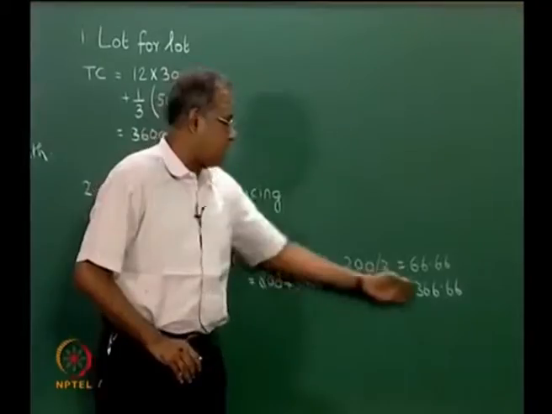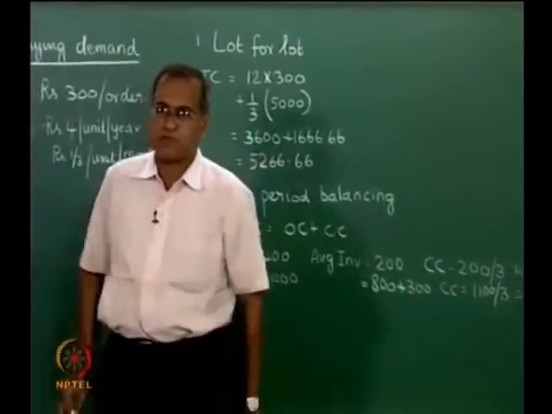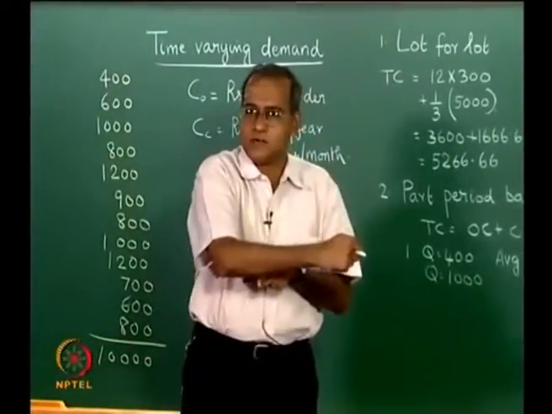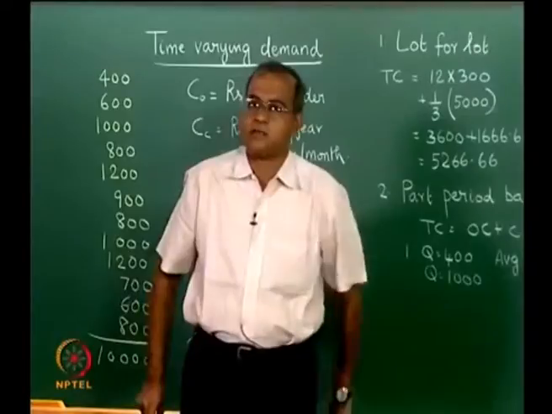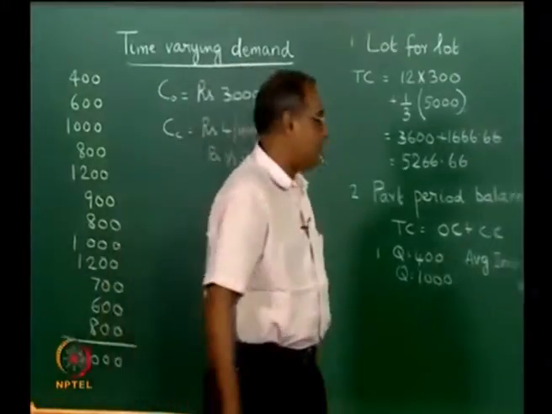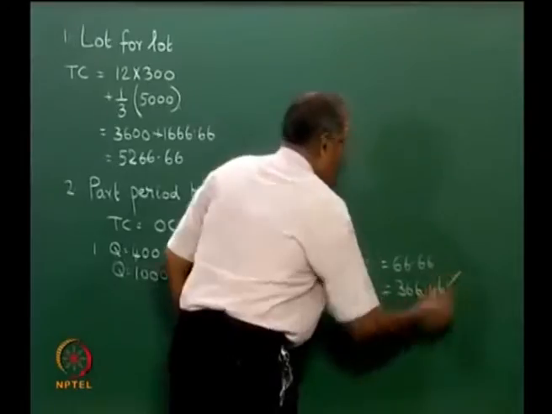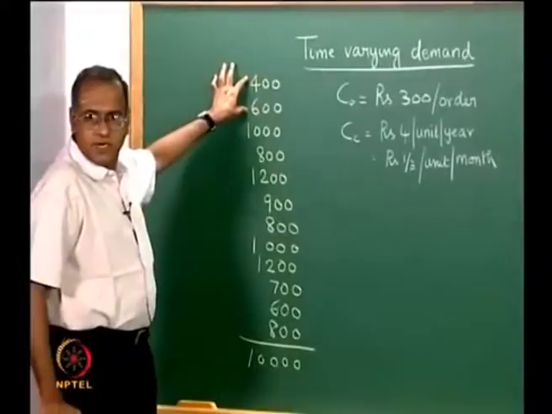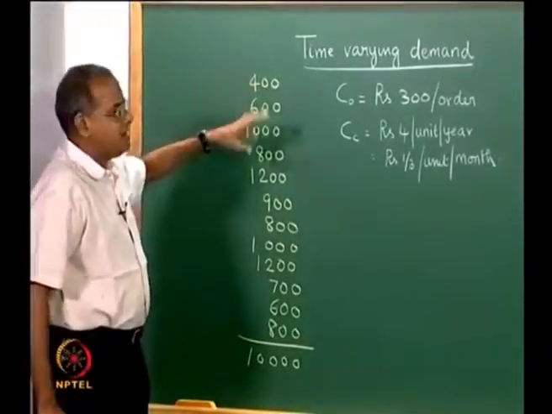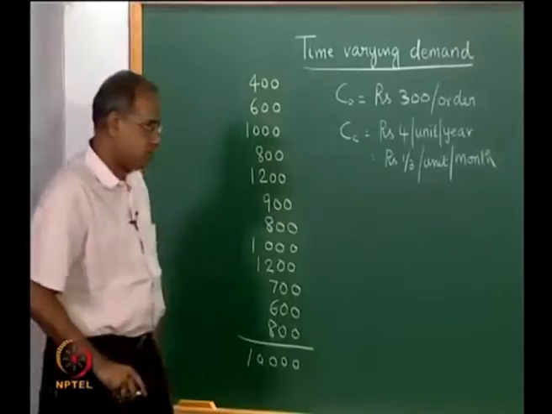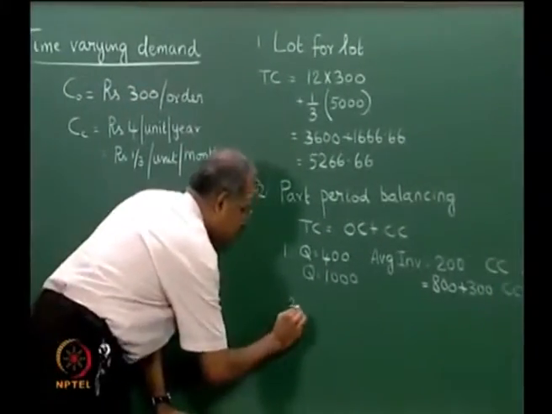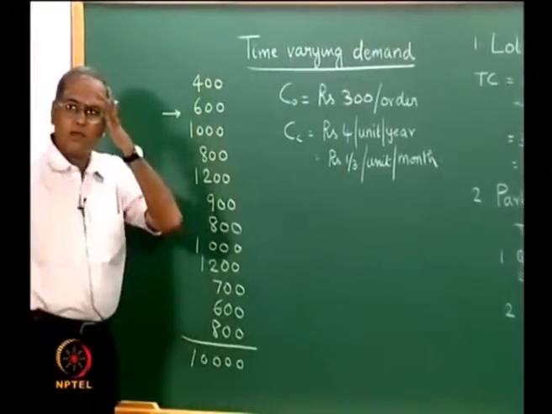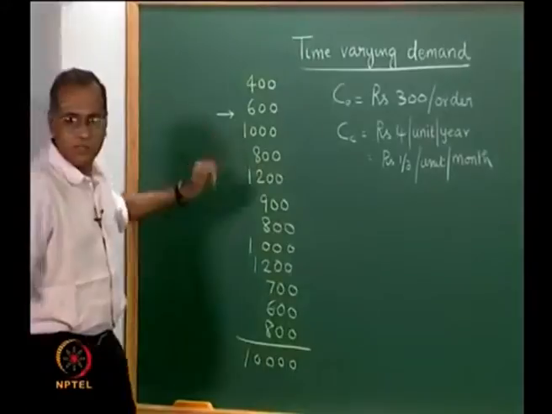So, when the carrying cost exceeds the order cost, stop the computation and look at the last two values of the carrying cost. Whichever is closer to the order cost, you take it up. So we pick this and say that in the first order we would order 1000, which brings these two things together. Let me explain the second computation also. Then you move to 2. Right now we have finished ordering up to this.